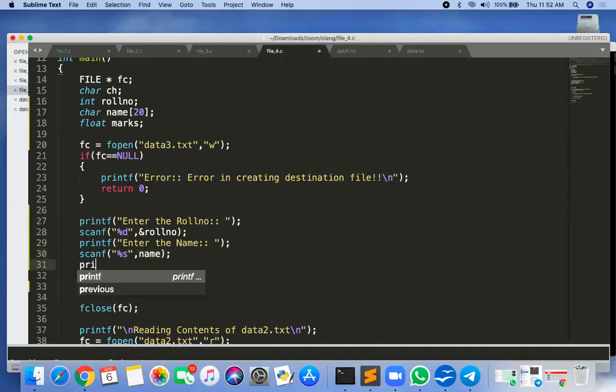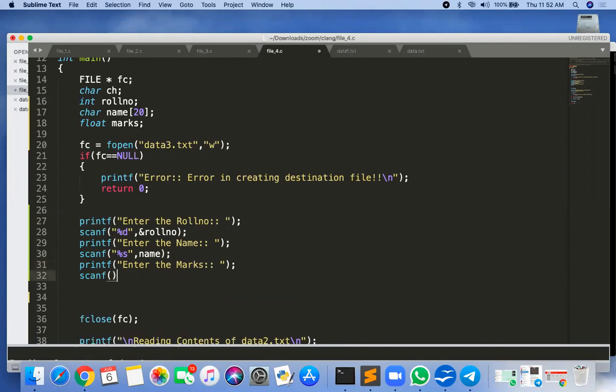And the last one is printf, enter the marks, and then scanf %f and the address of marks.